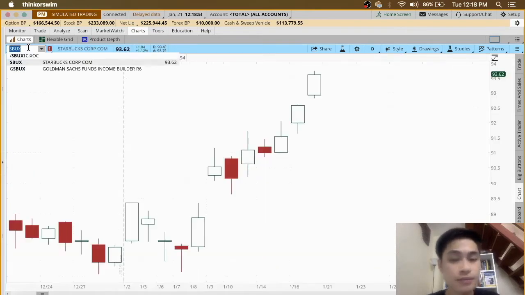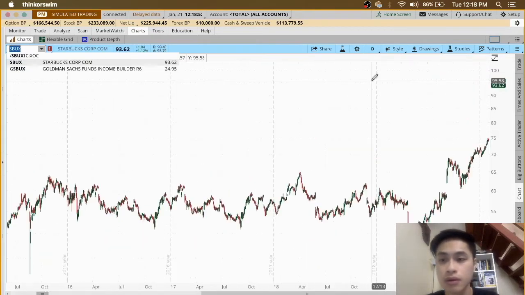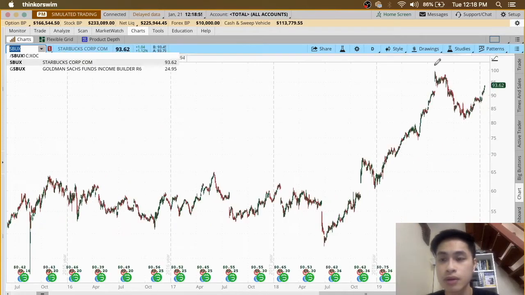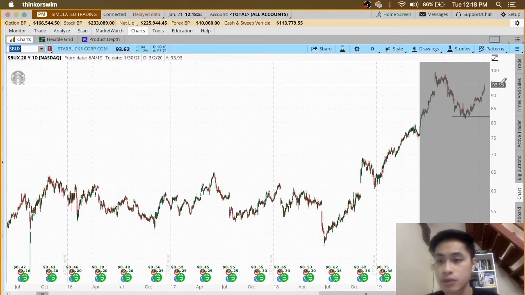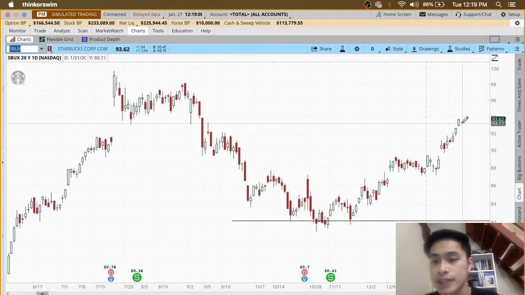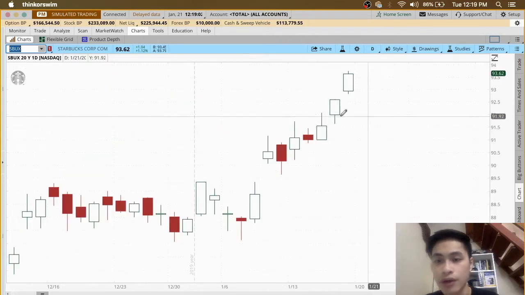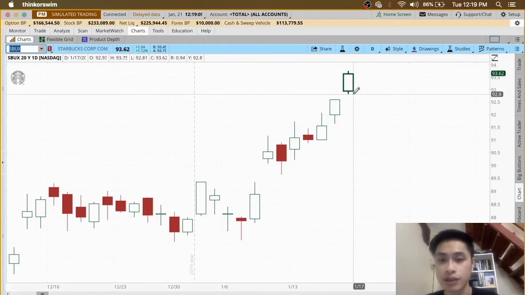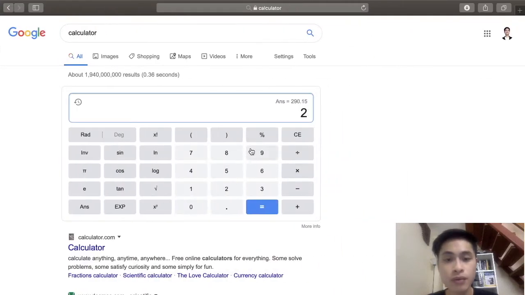Starbucks. Alright, so let's say we are looking to enter around this point, right? After this candlestick. So again, we want to determine the lowest price of the stock for that day. The lowest price is at the bottom of the wick, so it's 92.8. And again, let's assume we are only willing to lose up to 2% of the value of that stock. So 2% of 92.8 will be